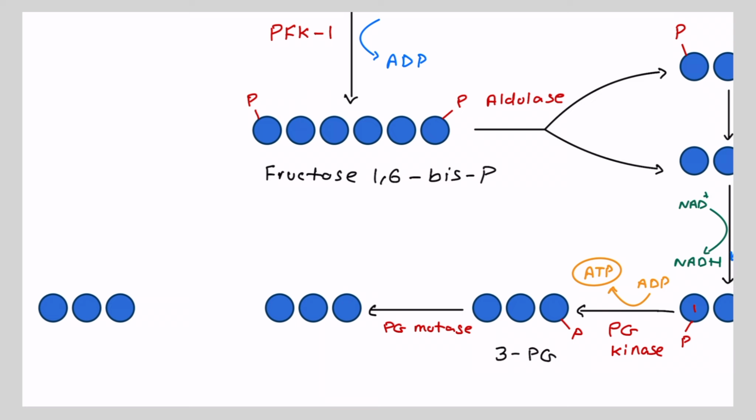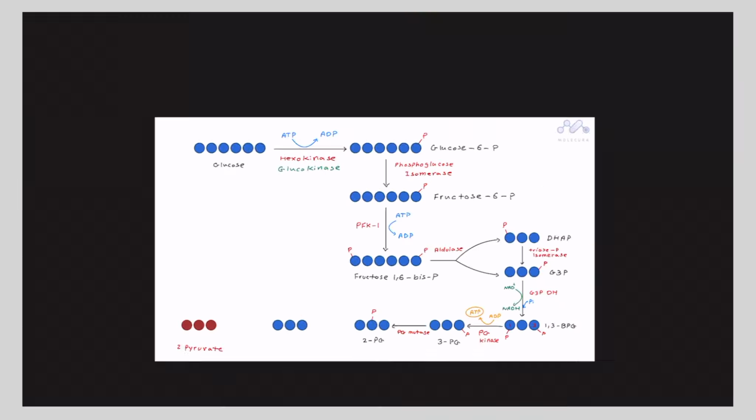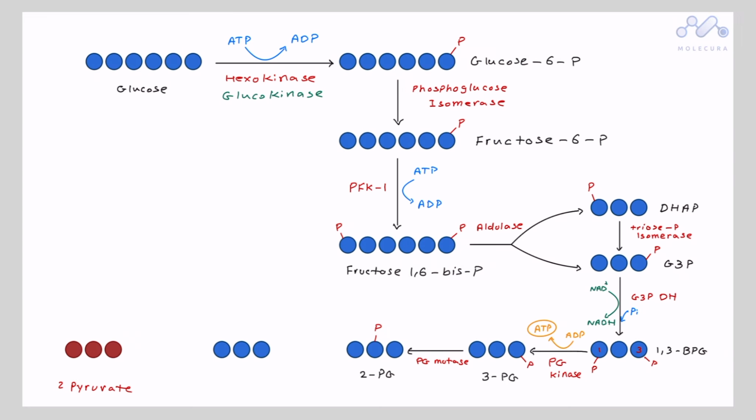This is particularly important because in the next step we want to build a high energy phosphate bond on carbon number 2 to produce ATP from it. So what happens is that our phosphate group comes here, and this molecule is going to be called, as you have guessed it, 2-phosphoglycerate. And we're going to show you exactly what is happening on the molecular level for you to understand exactly